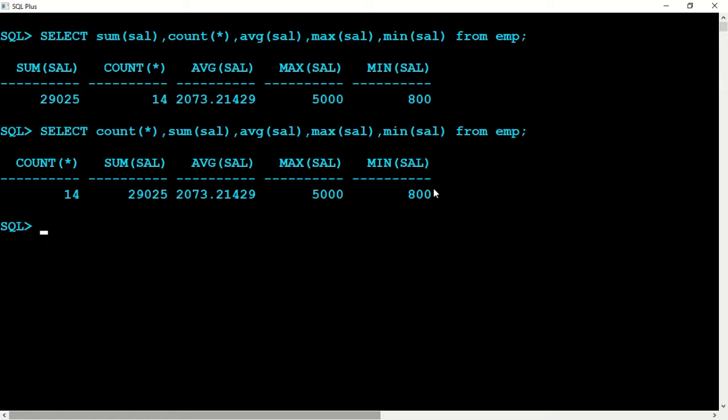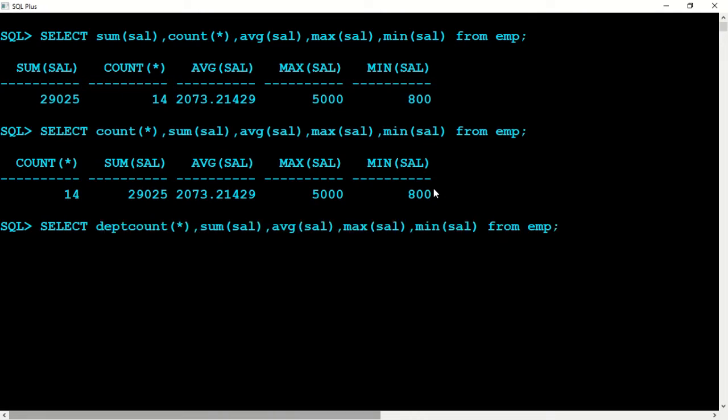I'll group it. There are many groups. I want to group the department number and get the sum sal, average sal, max sal, minimum sal, and the count in the departments. So what I'll do, before count I'll just say department number, DEPTNO.